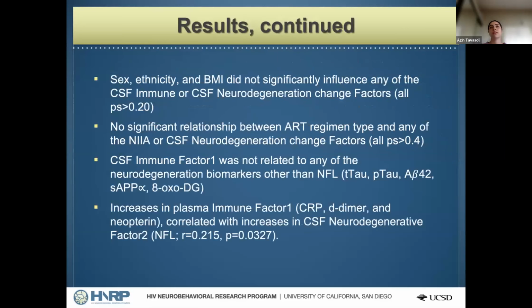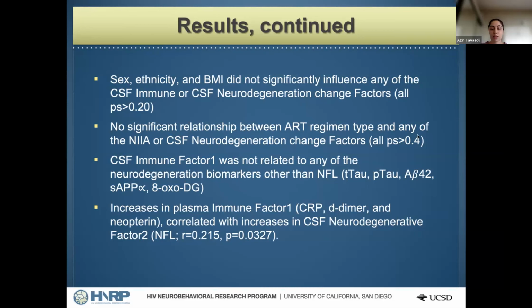Also, sex, ethnicity, and BMI did not significantly influence any of the inflammatory and neurodegeneration biomarkers. And we couldn't see any relationship between ART regimen type and any of these inflammatory and neurodegeneration factors. We also found that increasing plasma immune factor 1 or CRP, D-dimer, and neopterin correlated with increasing CSF NFL, and